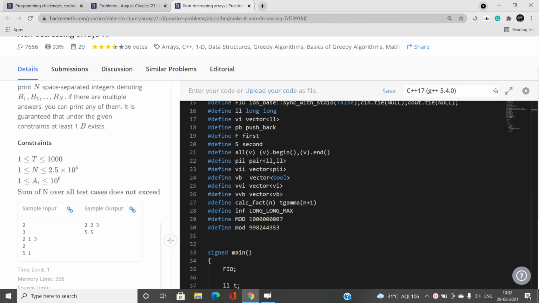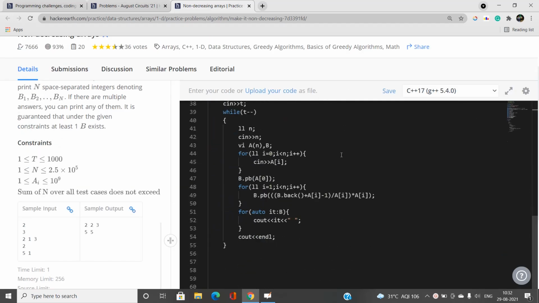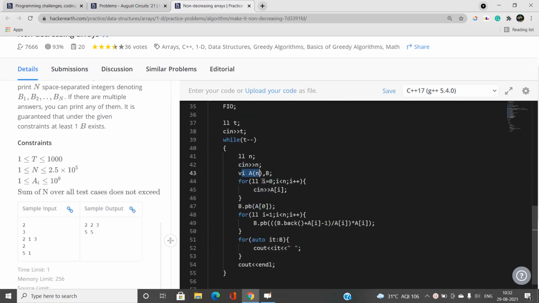So what I've done is take the test cases, pick up this a and this b, take the input of a, then push out the first element, and for every next element, push back the values of the current b. By doing that, b dot back will pick up the previous element, and if you're going to do the ceiling operation, you need to take out the ceiling value, right?